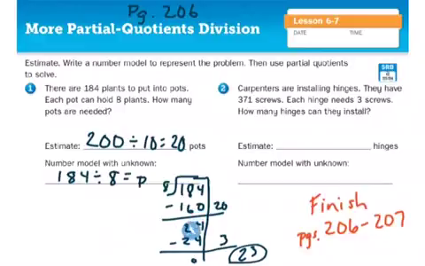Subtraction problem gets me 24 left. I'm asking myself how many 8s in 24. Well, I know that math fact. I know it's 8 times 3 is 24. So I'll write that there, do the subtraction. I have none left. I add my 2 partials together to get my grand total answer of 23. Is it close to my estimate? Yes, I can consider myself in good shape and